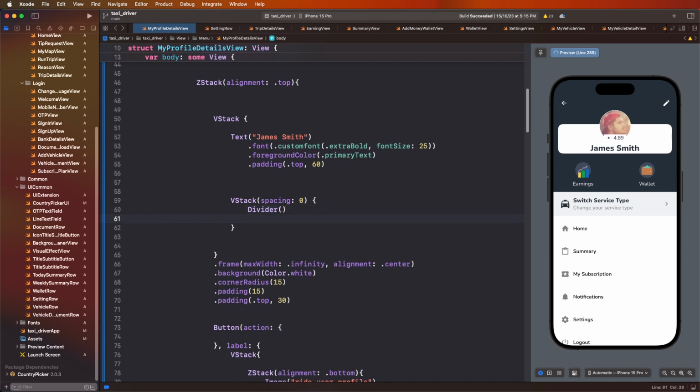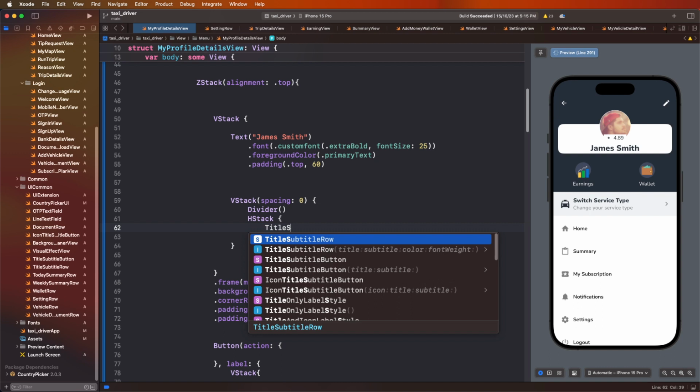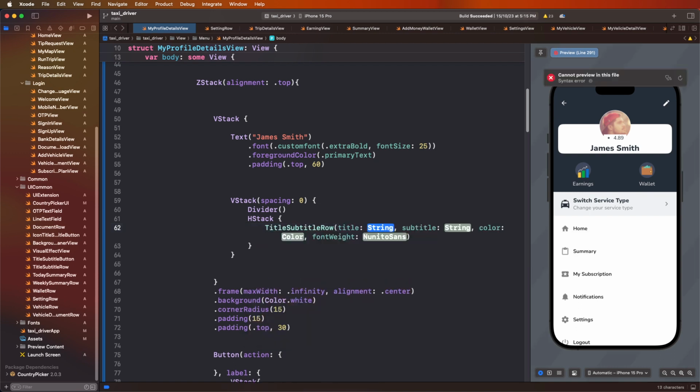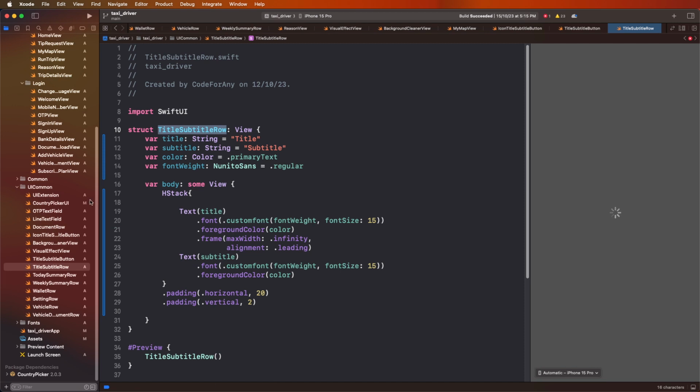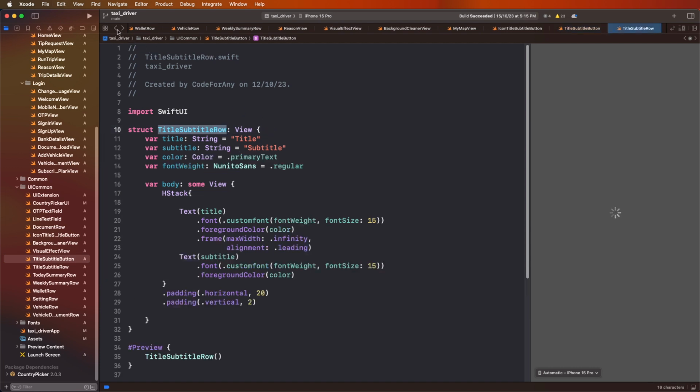Now need to create a stack, and set the title subtitle row, and the titles are center. These good buttons need